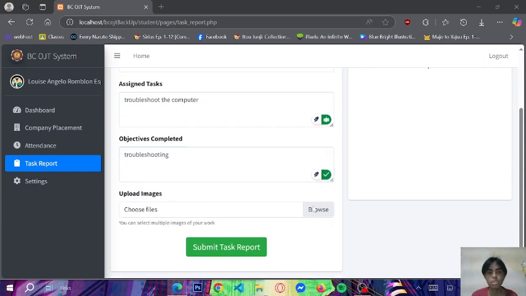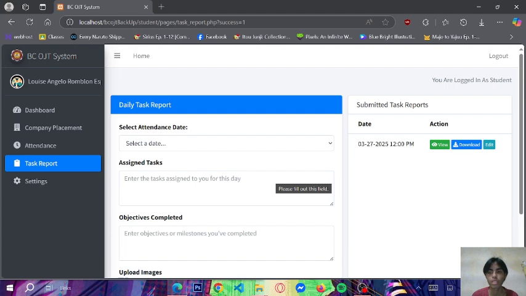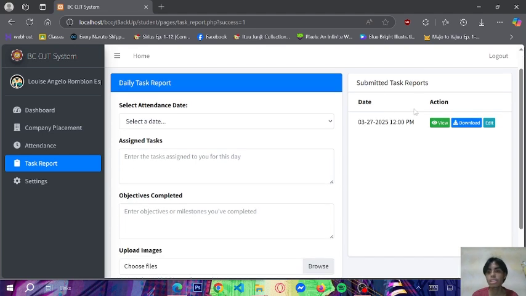You can upload an image and submit. Here you can see the submitted task reports. You can view, download, and edit. Let's view it.